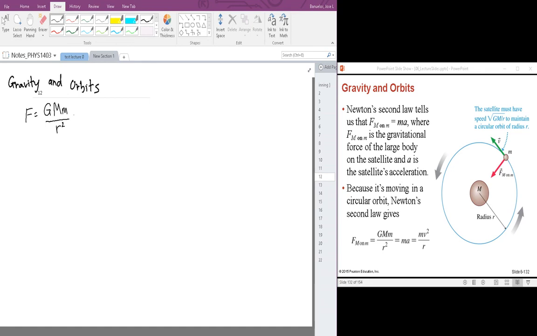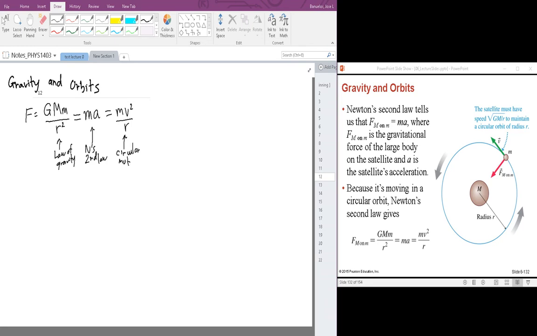Because we're talking about circular motion, we can set that equal to ma, which we can then set equal to mv squared over r. The first part is due to the law of gravity. We're able to make the next statement because it's Newton's second law. And this last part we're able to set equal to everything else because we are dealing with circular